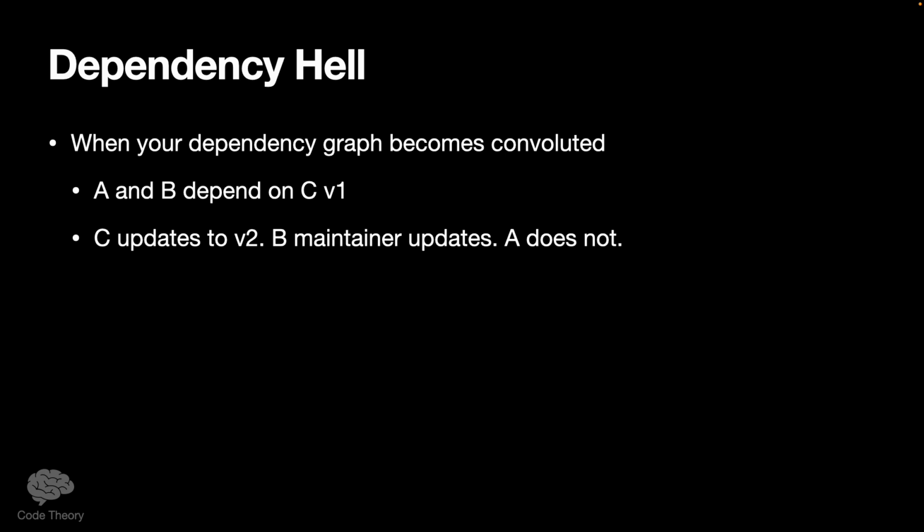And then you see that the last update was like 4 years ago, right? They haven't kept it up to date, and now C for A is using C version 1 and B is using C version 2, and you're trying to use both A and B in your code, right? This can create an incompatibility, and it can actually cause a break in your code depending on how it's all being done and set up.